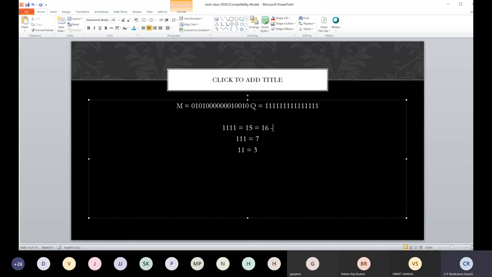This can be written as 16 minus 1, which is nothing but 1 followed by 4 zeros, minus 1. Similarly here, we can treat this as 1 followed by 3 zeros minus 1. And this can be treated as 1 followed by 2 zeros minus 1.